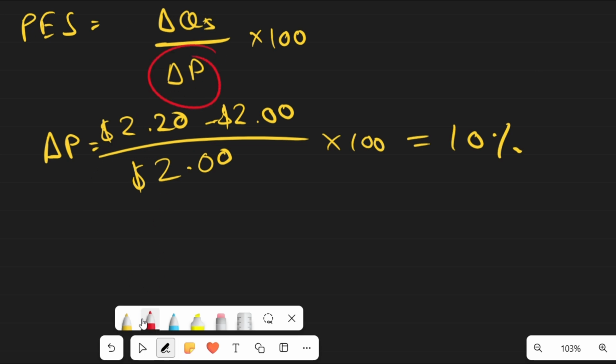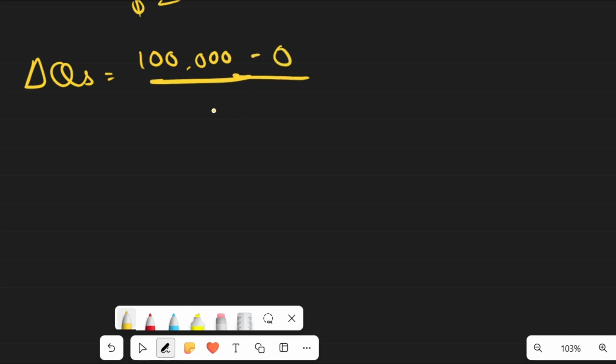Now we'll move on to our quantity supplied. Change in quantity supplied will be found like this. New quantity was 110,000, or 1 lakh, minus the old quantity, which was 0, divided by